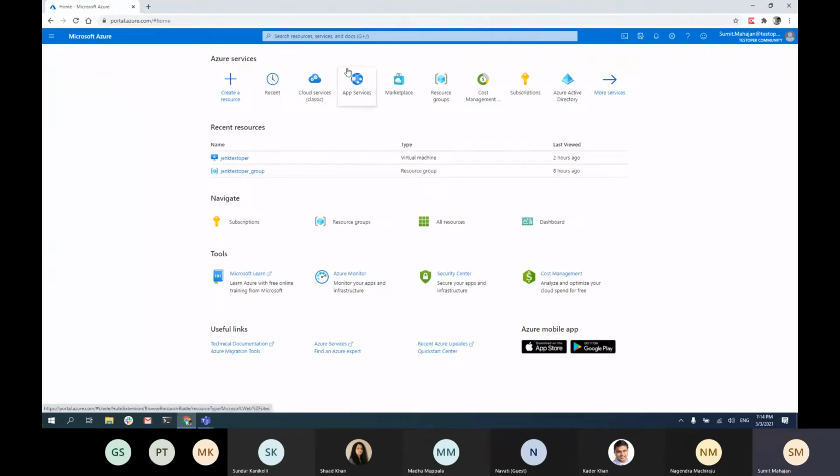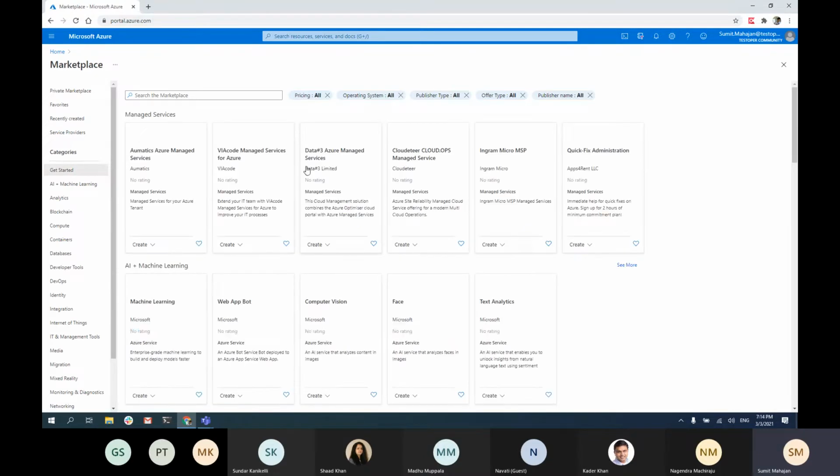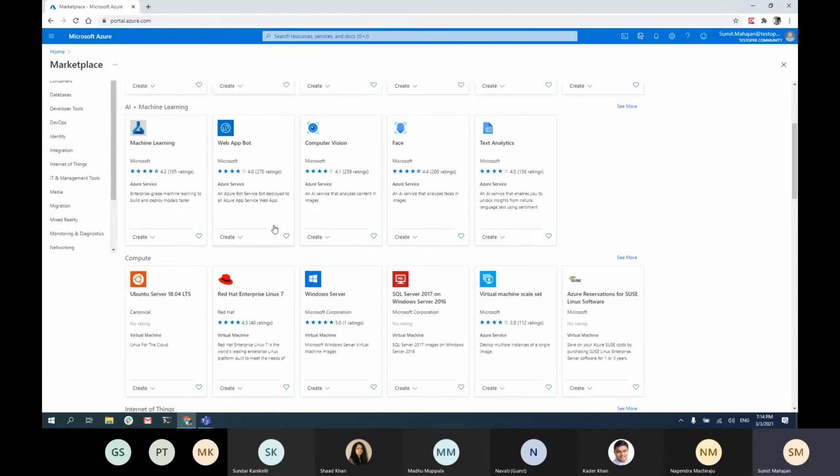So what we're gonna do here is we're gonna make our life easier. So we'll not set up our Jenkins server from scratch. We're going to use a third-party app that will do the setup for you, so that you don't have to spend too much time doing manual installation of Jenkins, right? So we will avoid that. We'll go to Marketplace. So Azure has a service called Marketplace, where you will find a lot of third-party apps